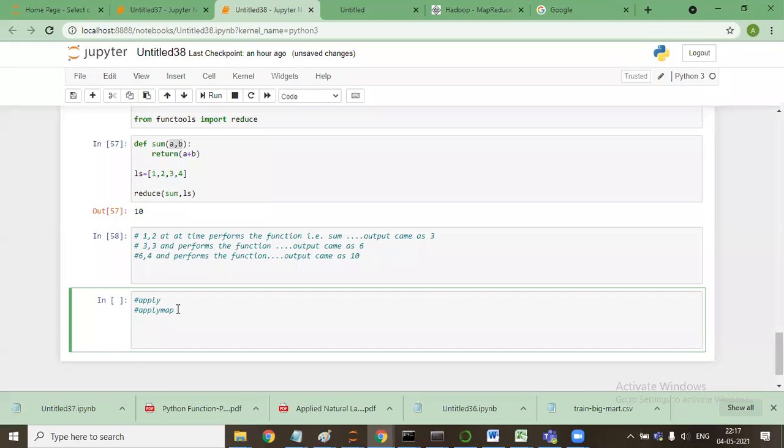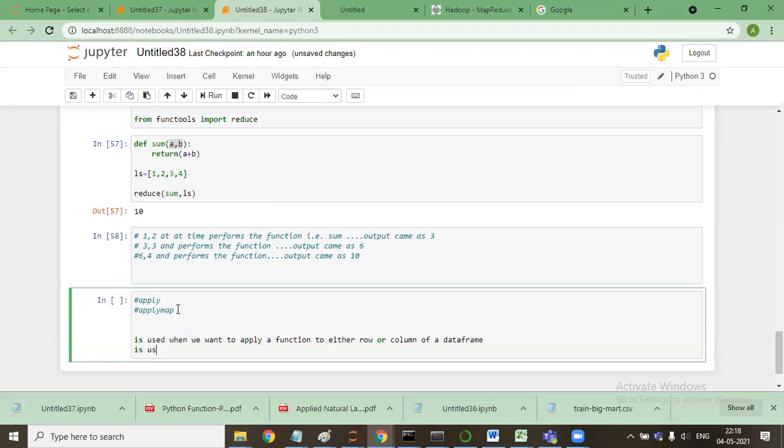So one of the functions, either apply or apply map, is used when we want to apply a function to either a row or a column of a data frame.